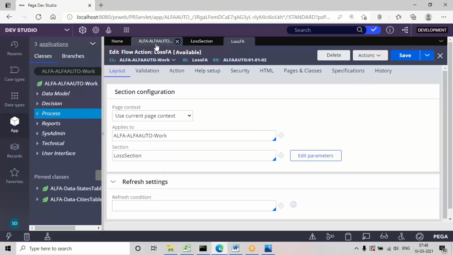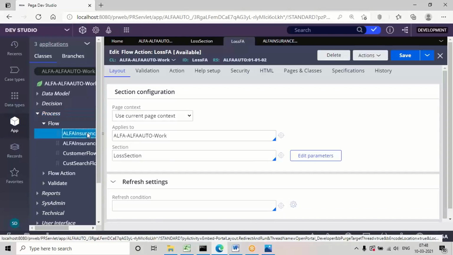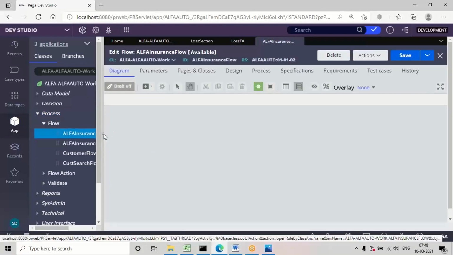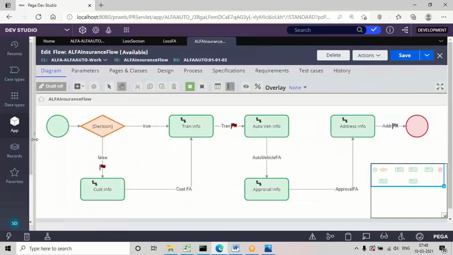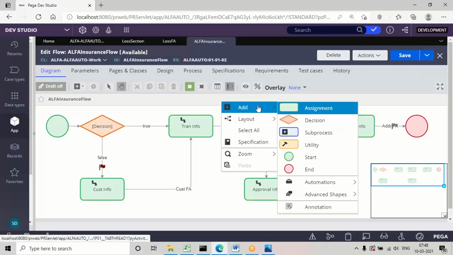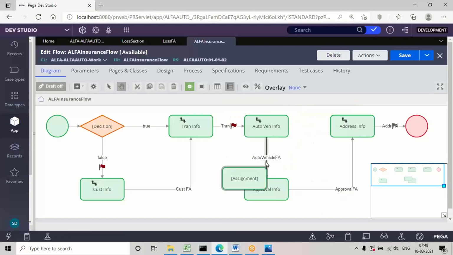Open your insurance flow and see this particular design we're going to map after the vehicle and before the approval assignment. So we can include the loss details before the approval.